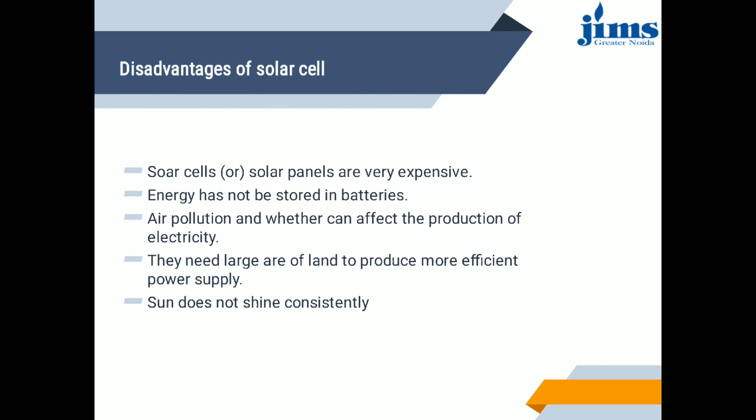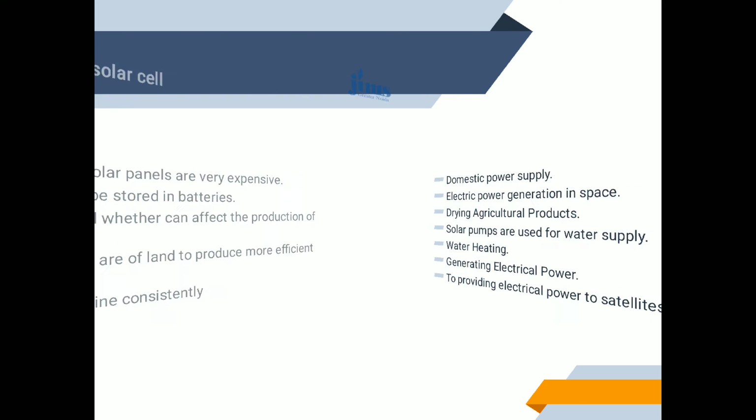Next are the disadvantages of solar cells. Solar photovoltaic systems have many advantages and features, but they also have some limitations. They are expensive and the installation cost is very high. The efficiency is very low. They are also weather dependent and only available in the daytime. The energy has to be stored in batteries. So these are the limitations of solar cells.